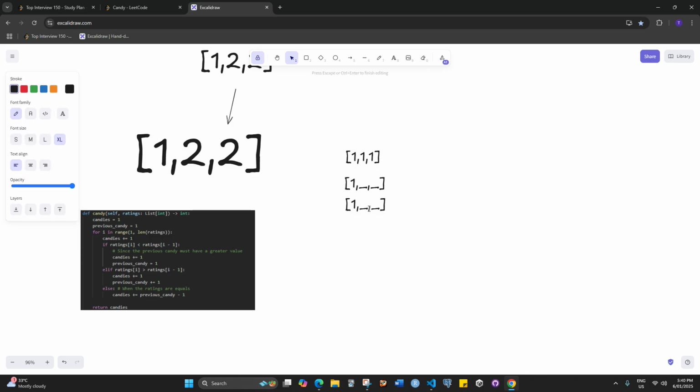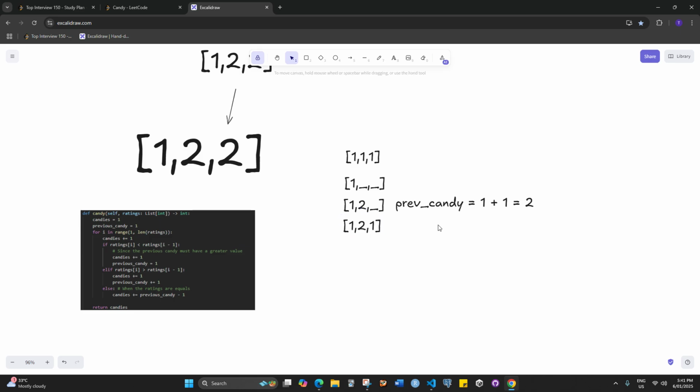Now once we get to 2, we will add 1 to the candy, and then if ratings I, so if 2 is greater than 1, candies plus equals to 1, the previous candy, and then we do previous candy has to equal 1 plus 1, which equals 2 at this stage. Cool. Now in the next iteration, candy plus equals to 1, and then, well, if